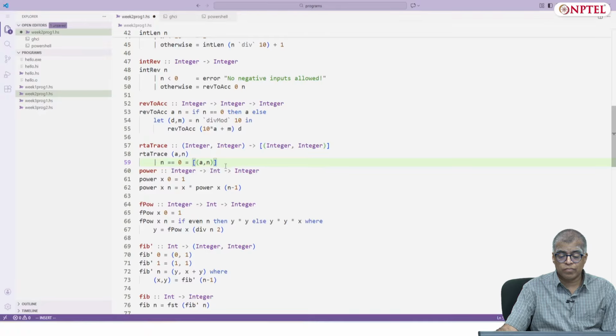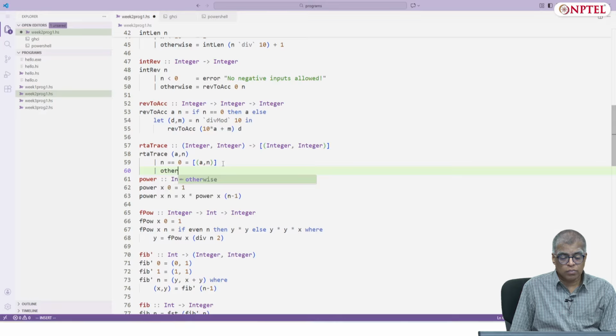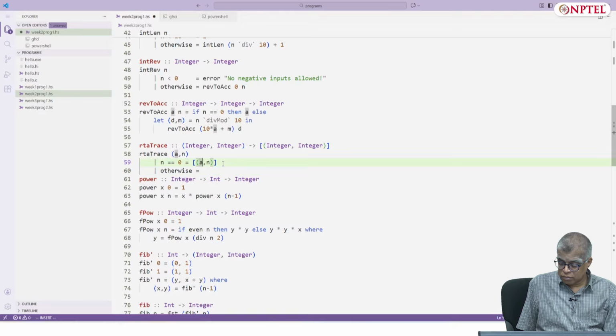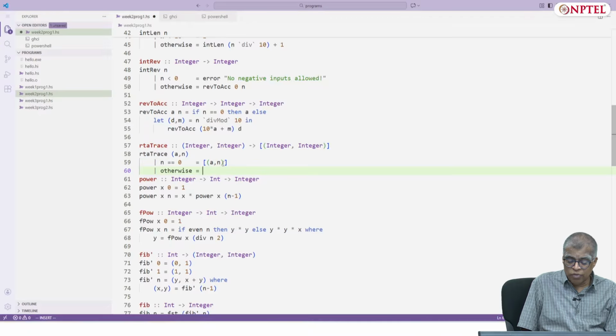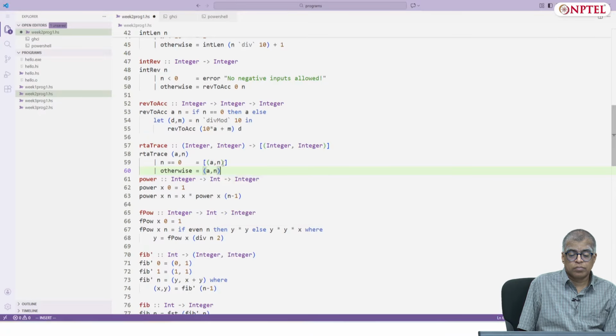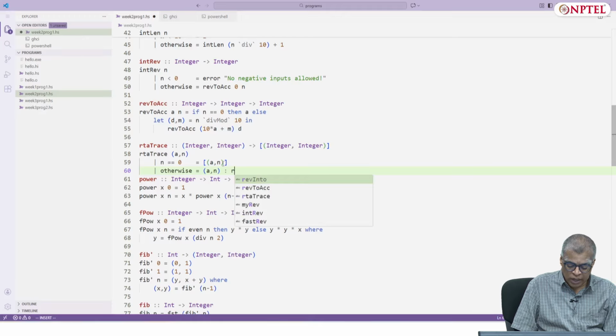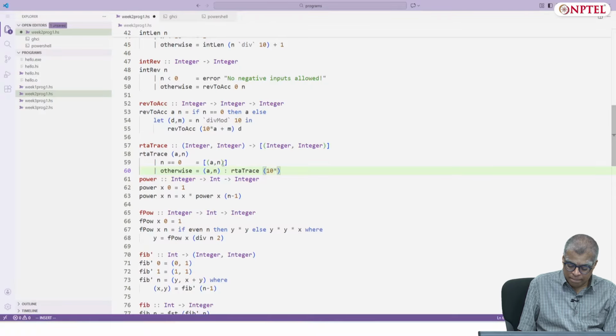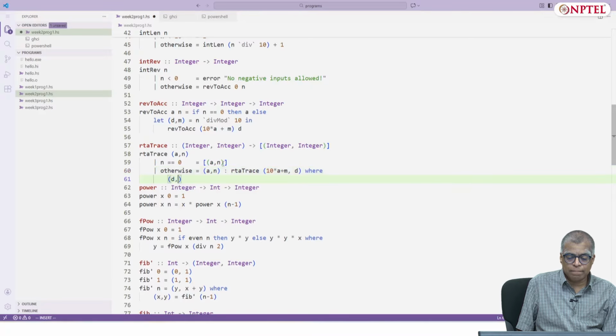Otherwise, it is a n followed by RTA trace of 10 times A plus M comma D, where dm equals n div mod 2, n div mod 10.